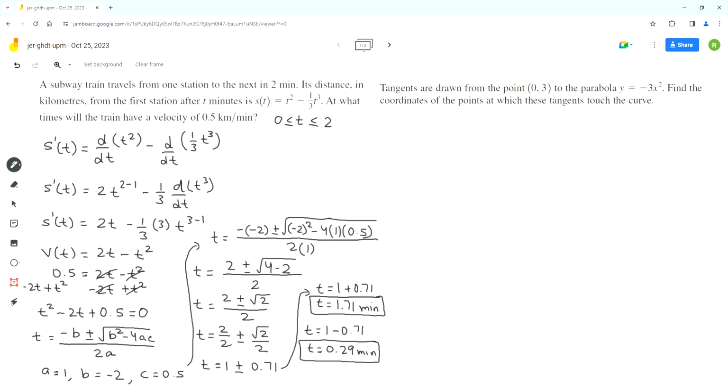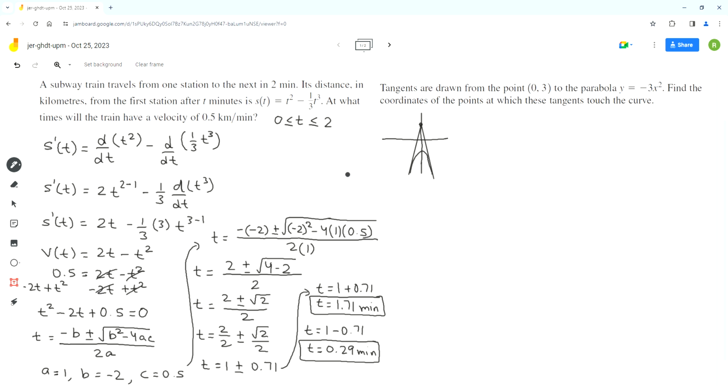So there is a parabola. This is a parabola that opens down. So if I can just sketch it here, it's a parabola somewhere like this, right? And then there is a point (0, 3), so somewhere here on the y-axis. And from this point, we are drawing tangents to the parabola. So they go somewhere like here, right? And maybe another one in this direction,